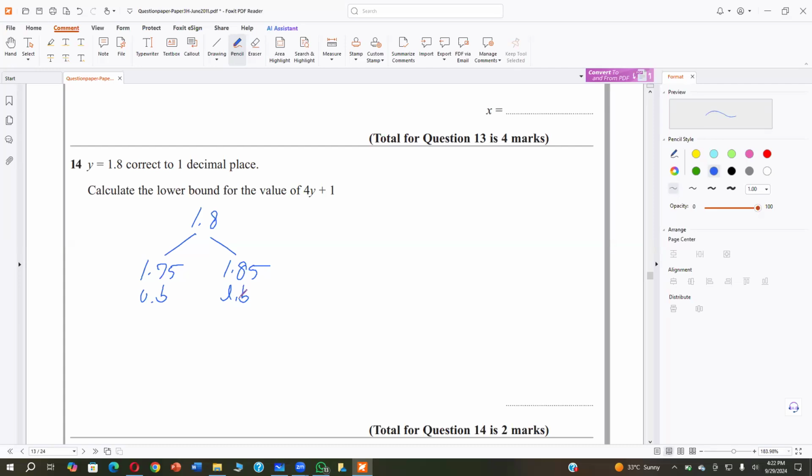So what should I do now? 4y plus 1. It's a multiply case and a plus case. In multiply, if you put lower bound, you will get lower bound. For plus, if you put lower bound, you will get lower bound. Upper bound and lower bound are simply a case of direct variation. If you put upper bound, you will get upper bound. 4 into